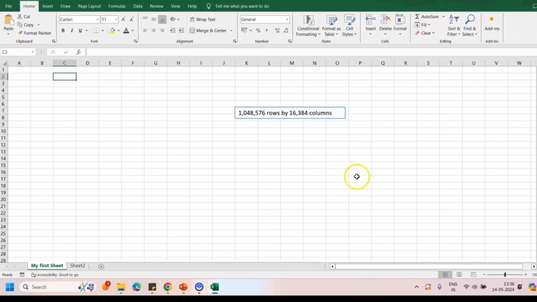Okay, so let's pick up any random cell. This is found by the intersection of the 17th row and the P column. So this should be named as P17, and you can see that here as well. Right, next up we have this area which is known as the ribbon,